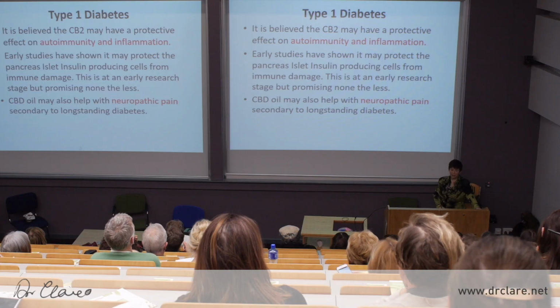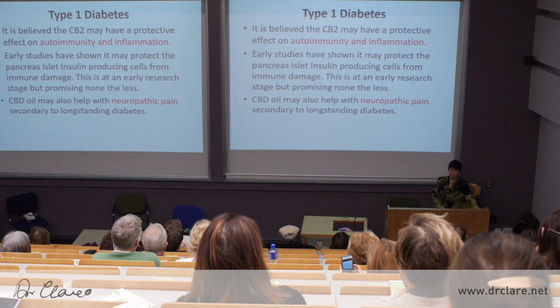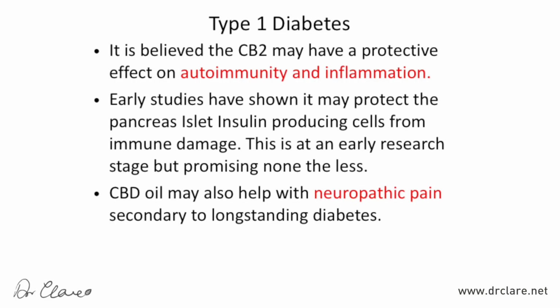Type 1 diabetes. The interesting thing about this is the small studies that they did on diabetes show that there's a protective effect on autoimmunity. They specifically looked at an autoimmune condition. Early studies show that it may protect the pancreas islet insulin producing cells from immune damage. It may also help with neuropathic pain, and neuropathic pain is not,